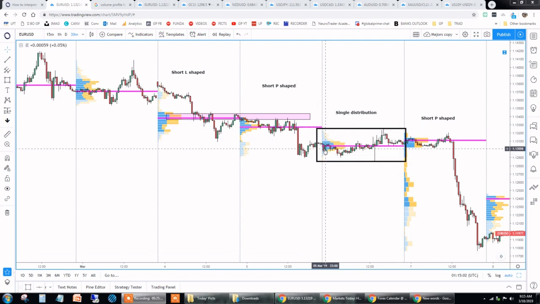The moment that we break and we close, as a psychological cue, the end of business in New York is going to be very important. If we close at that time, that means that through Asia, through Europe, and through the US, there has been a consensus that the fair value is now lower as opposed to where most of the volume was transacted. So whenever that occurs, there's going to be an awful lot of traders, in this case buyers,